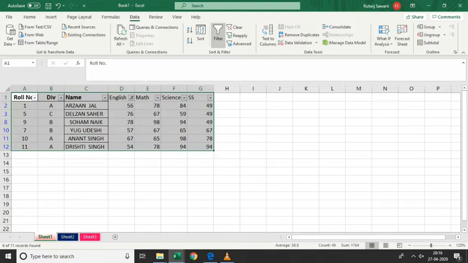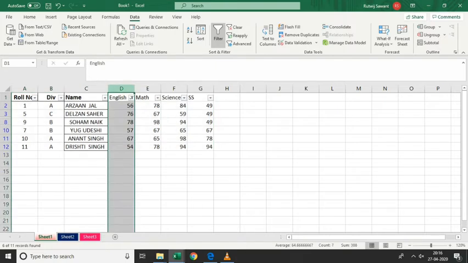So only that column you have to check. You will not see the rest of the things. Okay. So this is what is called a custom filter. If you want to remove it, just click on the filter button. It will get removed. So that was about a custom filter. It is used to apply multiple conditions.